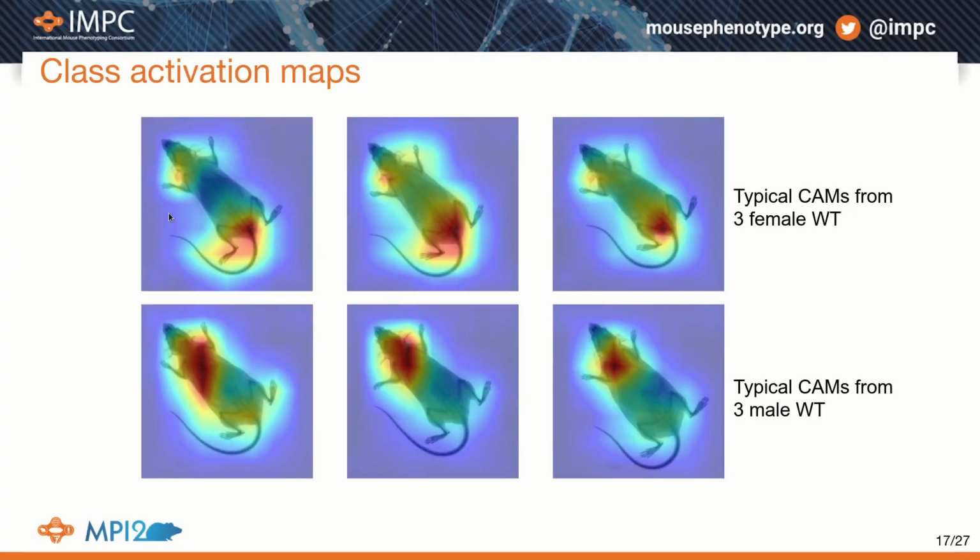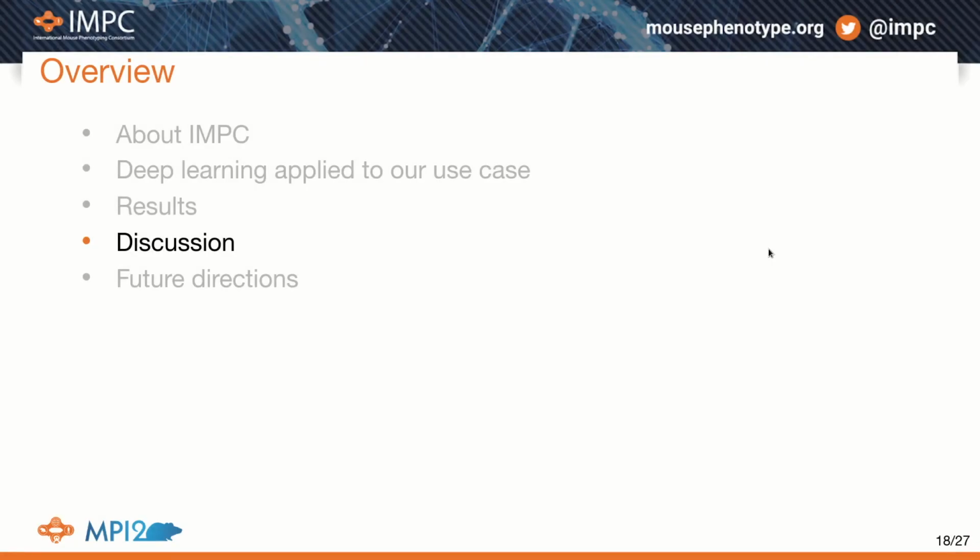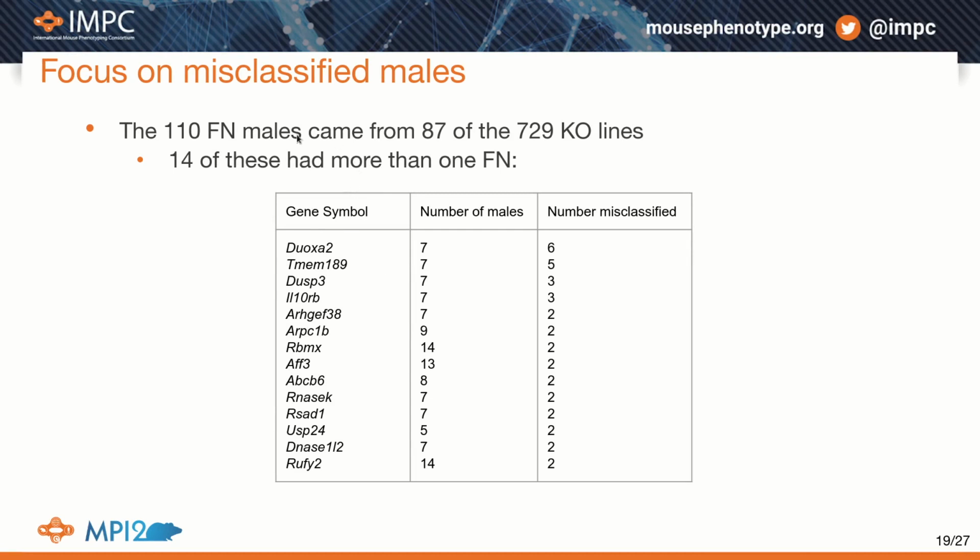And so this is applying that to our data set. So we've just put 3 random females and 3 random males, and you can see that for classifying as females, the pelvic region is important, and for classifying as males, the chest region is important. So if you combine these 2 together, you can see that the results of occlusion sensitivity and classification maps are consistent. So we looked at the 110 images that had false negatives, and it turns out that